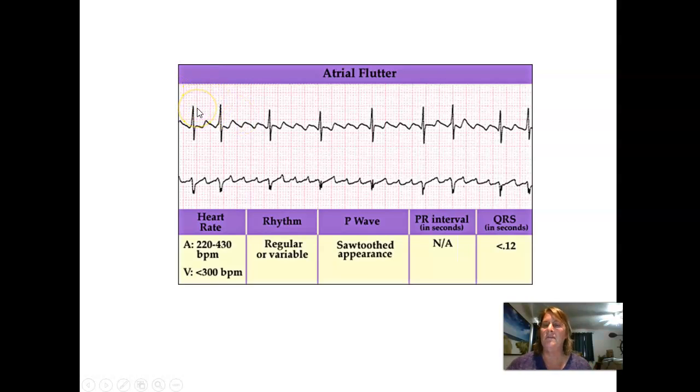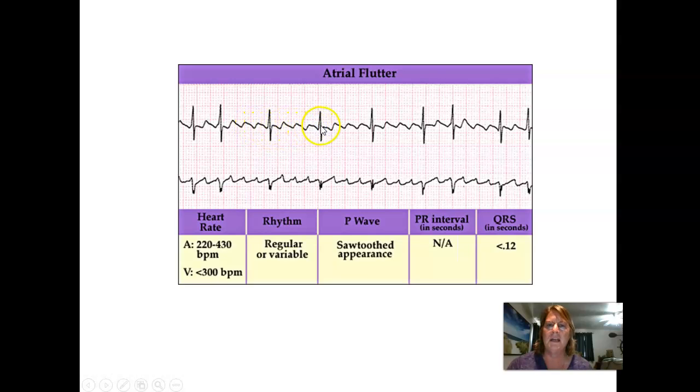Here, the flutter wave is letting this one go through, and then it's letting that one go through, and so the R to R is going to become irregular. So irregular R to R. My rate is 1, 2, 3, 4, 5, 6, 7, 8, 9. So rate of 90. I have more P waves than I have QRSs, but again, they have that kind of